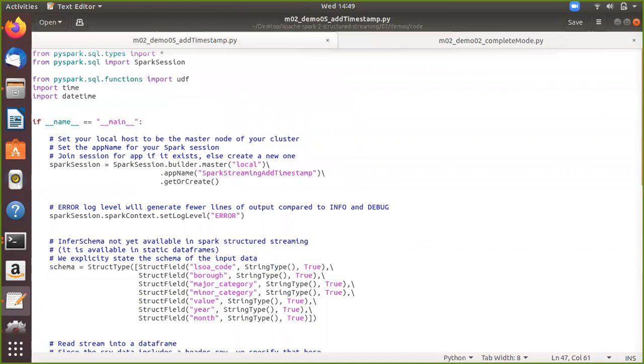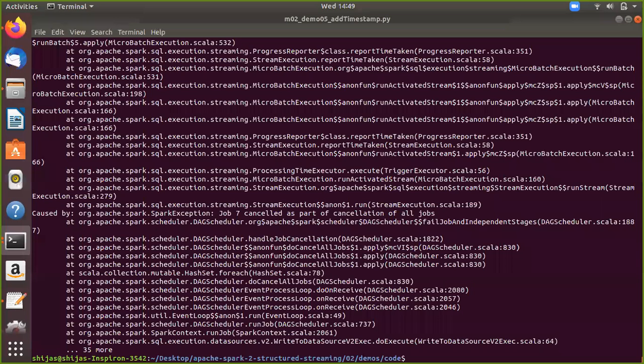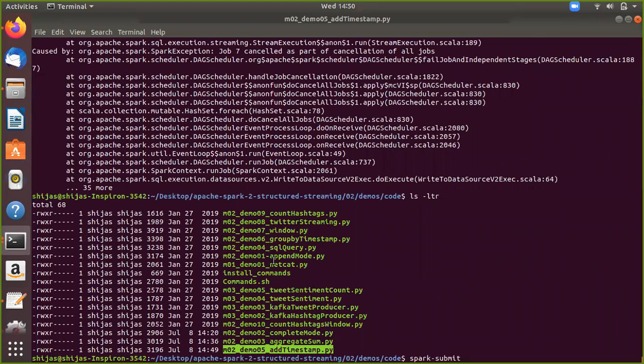I will Spark submit the latest program, which adds a timestamp to the existing data frame and prints that output on the console. It will have 4 columns: the borrow name, code, and convection value, and this one.